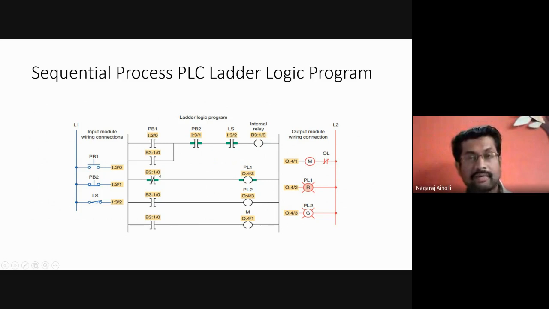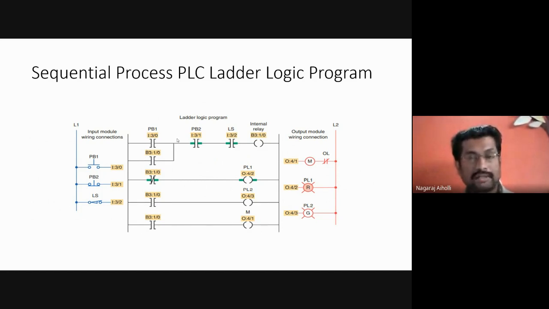Then they come to the ladder logic program. Now when push button PB1 is actuated, what is happening here? This is an examine if closed instruction. When it is closed, what will happen? These two are in normally closed position and the relay coil will be energized. And this is also normally closed. So it will seal in the original current, it will try to maintain the current. It is a seal-in circuit. The function of the seal-in circuit is that even after the switch is opened or closed, it will maintain the previous current.